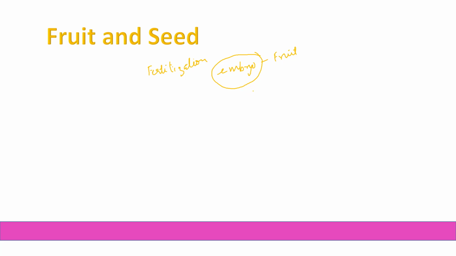So the main purpose, as we have seen, of the flowers is to get the pollination done, to get the seeds, and seeds help in the propagation of the plant. So if you see the life cycle of a plant, it starts with the seed and then it grows up. It goes through the whole life cycle and then it dies out. So during this life cycle, it produces multiple seeds so that new plants can come up.